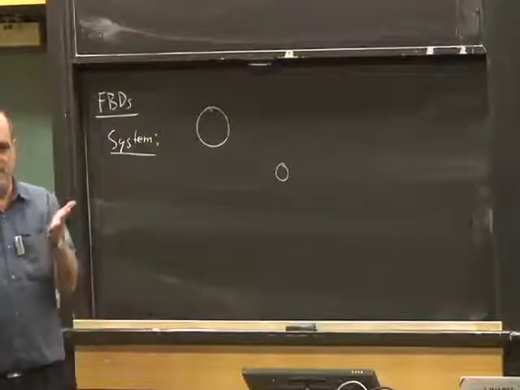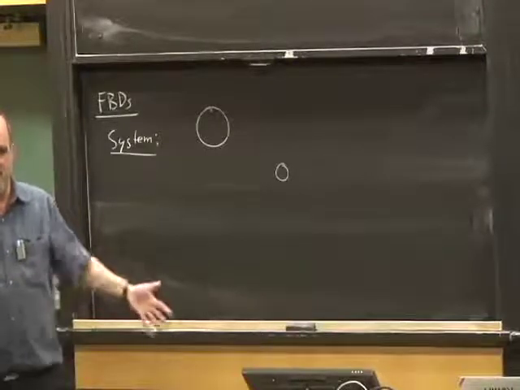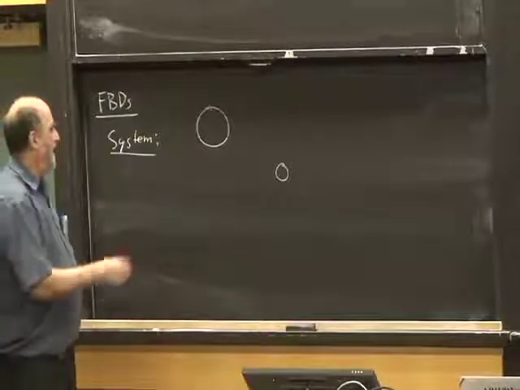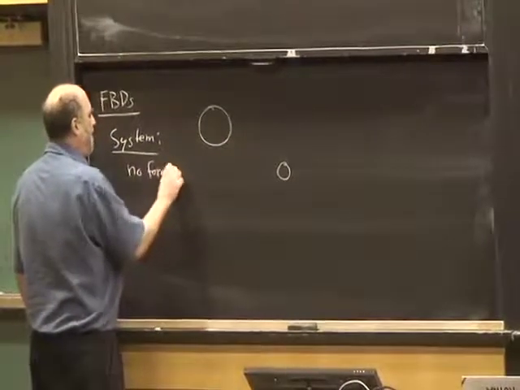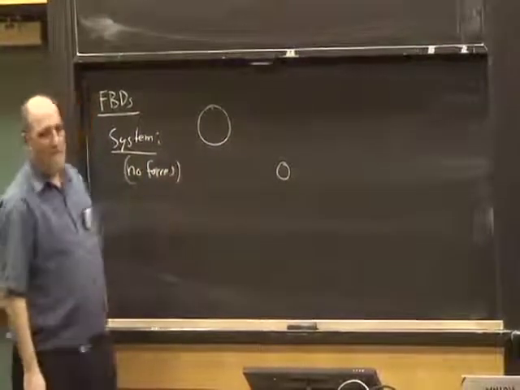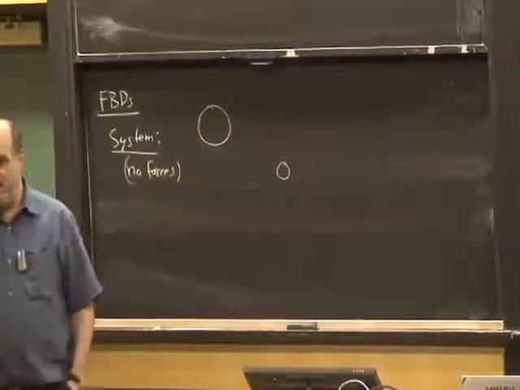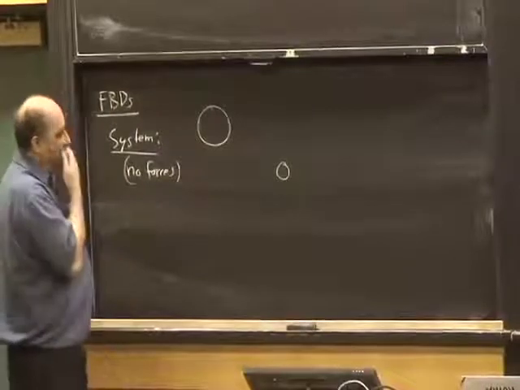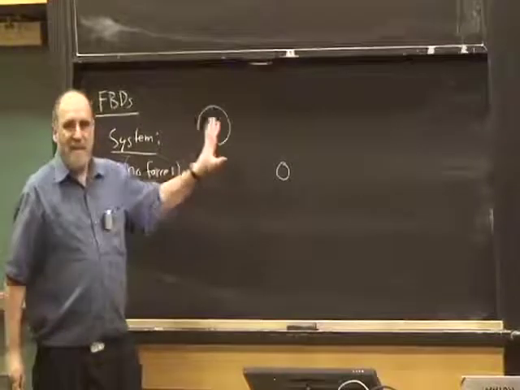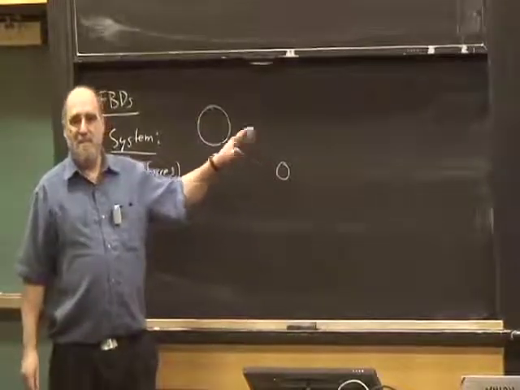1, 2, 3. Come on, with confidence. 0. Nothing. 0. Right. There it is. 0. No forces. This is out there in space, and we're not worried about other forces from the stars and so on. Then we'd be adding more particles to it. So this is just an isolated system with no forces on it. Right away, that tells us something about how this system is going to move.